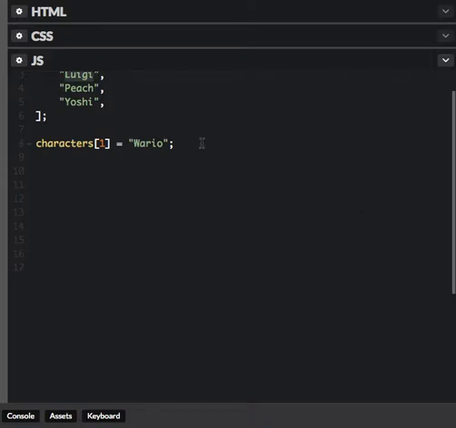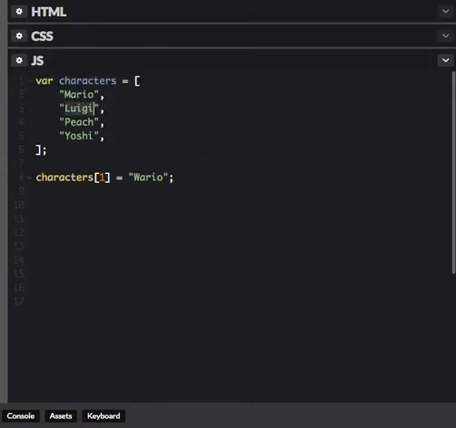Another way you can add things to arrays is by using the array push method. Arrays are only as good as the information you have in them, so putting more information or changing the information in an array is very, very common. What you need for this is something called a push method. If I have the same exact array here, characters, with Mario, Luigi, Peach, and Yoshi in here, and I want to push another value into this array, what I'm going to need to do is call